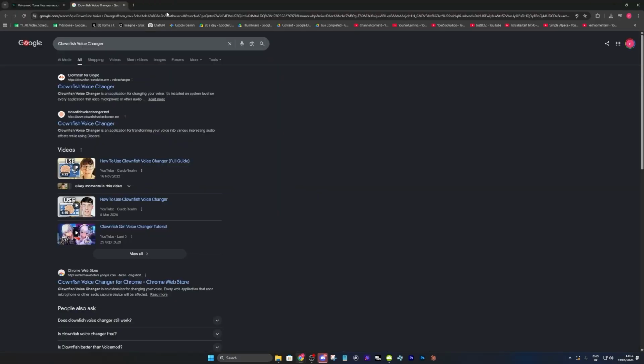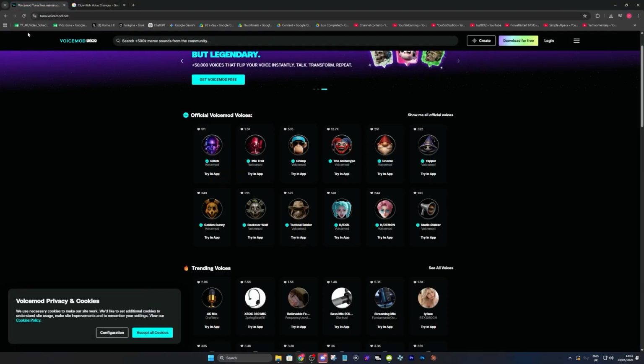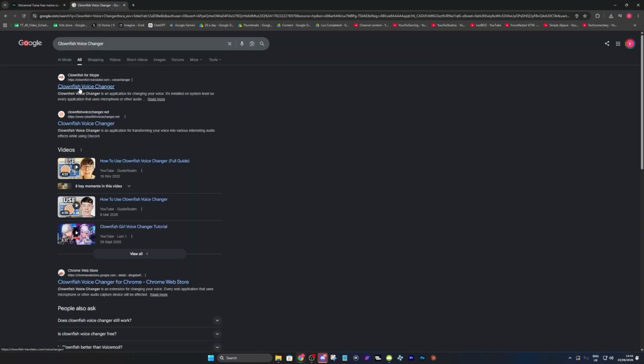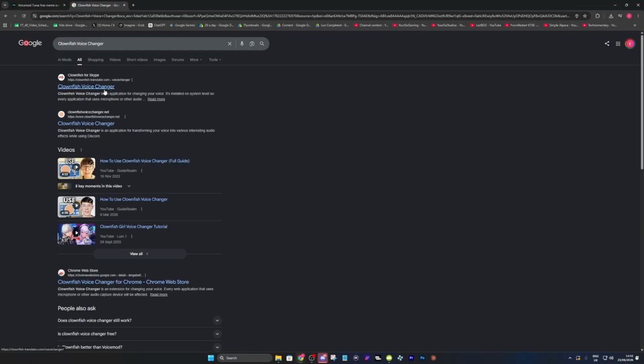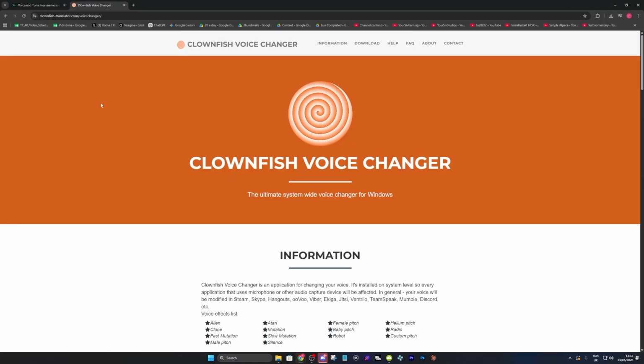The next one is going to be Clownfish Voice Changer. Now this one isn't as good as VoiceMod, to be honest. However, it is good if your PC isn't that powerful, because it obviously does require CPU usage. So use VoiceMod if your PC is fine and it's pretty good, and use Clownfish Voice Changer if your PC isn't that good. So all you got to do is click on it and then you'll be able to download